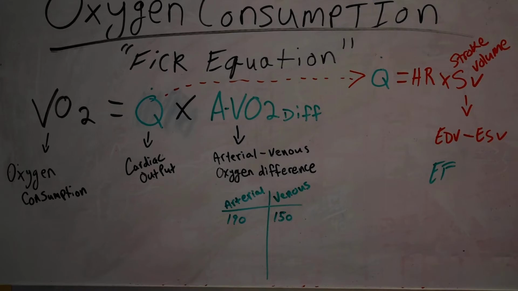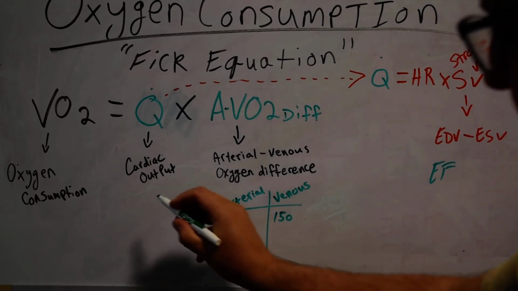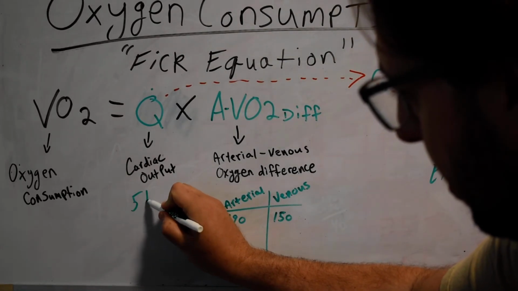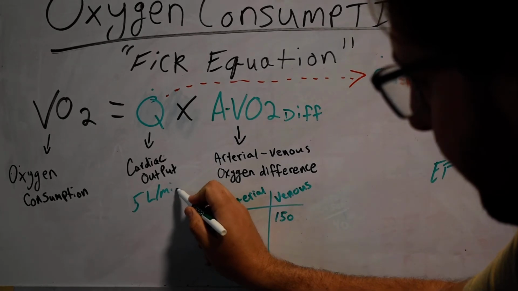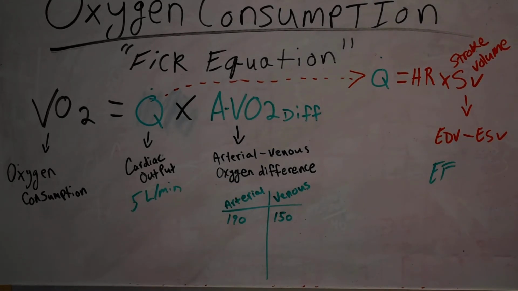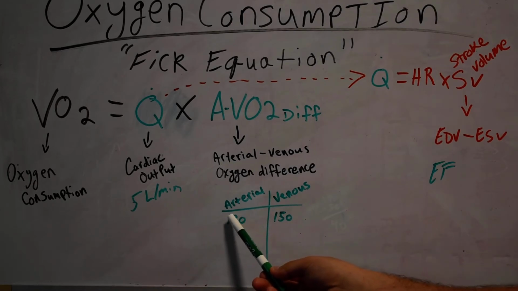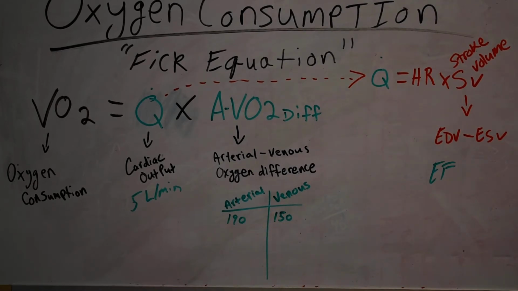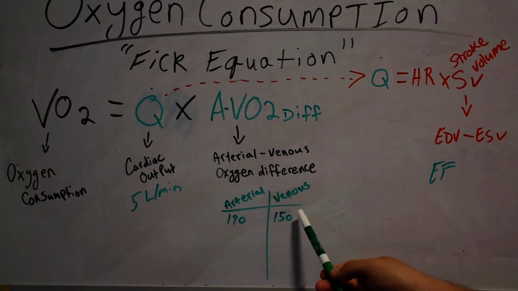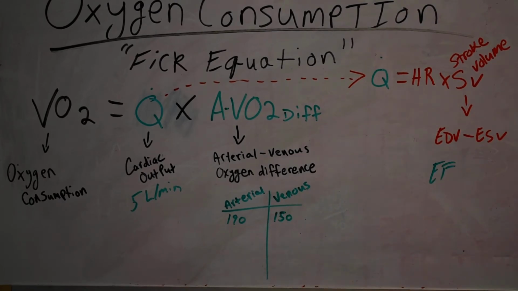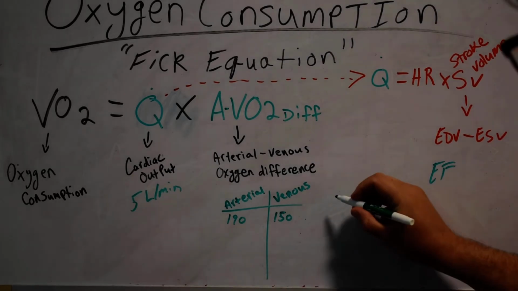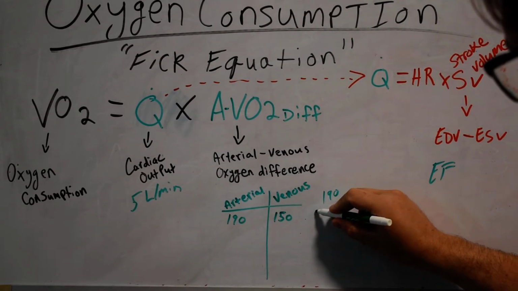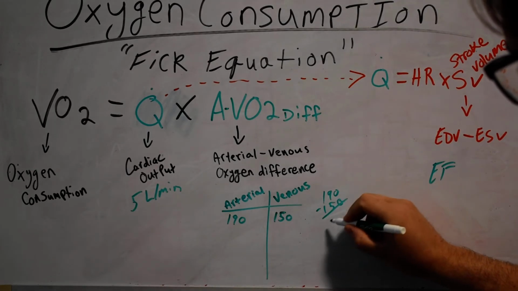So again, if we have a typical cardiac output of, let's say, roughly 5 liters per minute, and let's say, for example, that in a resting human, our arterial side of blood will carry 190, let's say, milliliters, and the venous side carries 150 milliliters back to the heart. So this is telling me that if I do 190 minus 150, that 40